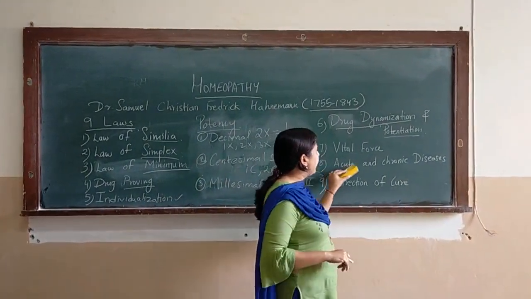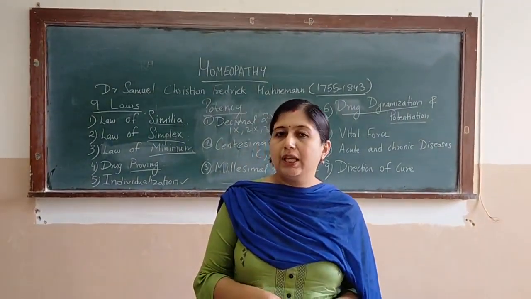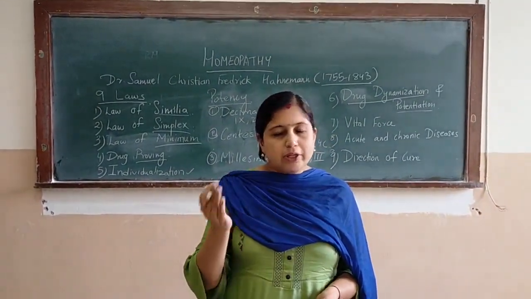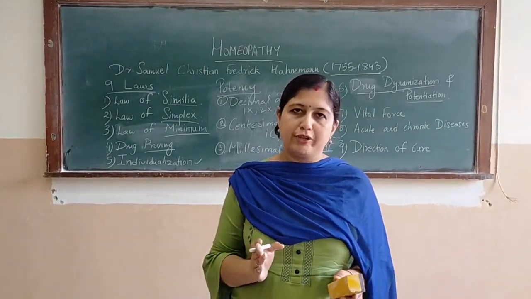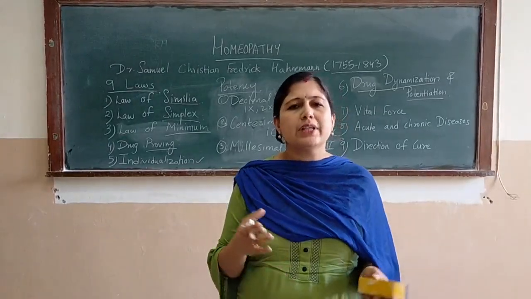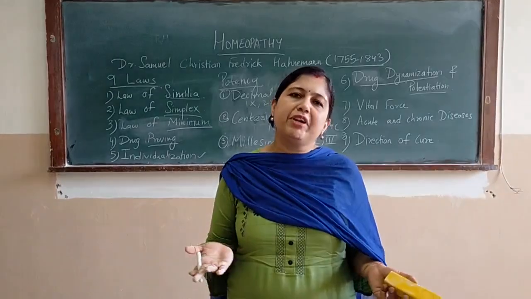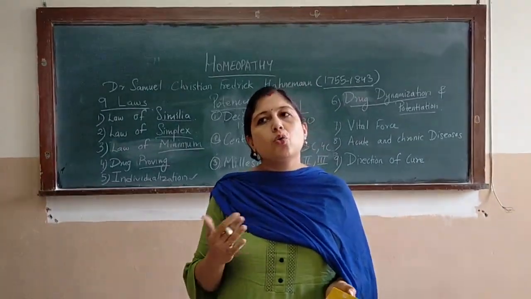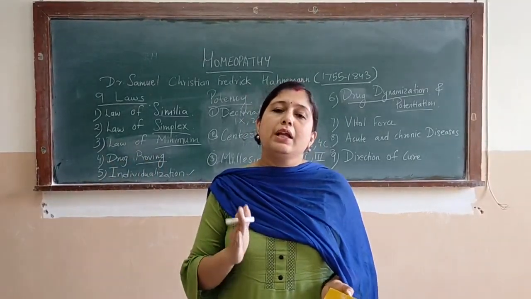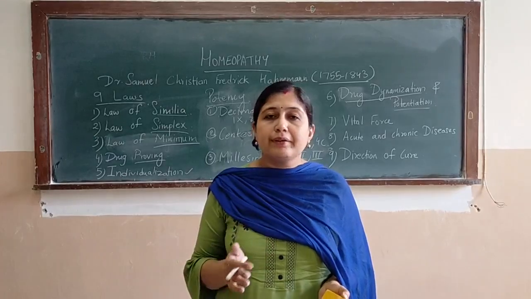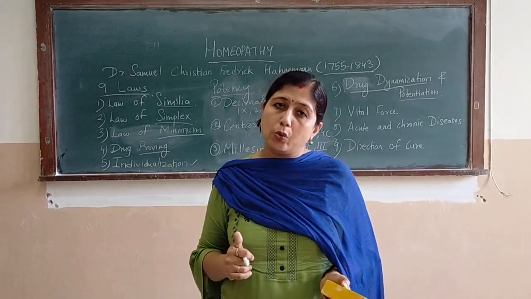After that, we come to acute and chronic diseases. Now here I would like to say, what are acute diseases? Acute diseases are those diseases which are there for a short period of time. It can be any kind of viral fever or any kind of infection which stays for a short period of time, maybe a maximum of up to 15 days or 1 month. While a chronic disease is a disease which exists for a long period of time. For example, diabetes, cancer, hepatitis, which remain in the body for a long period of time, are termed chronic diseases.